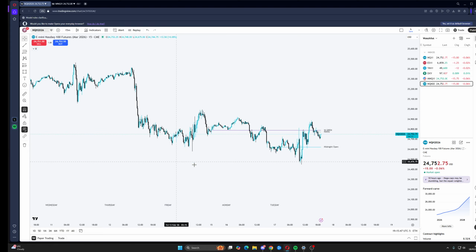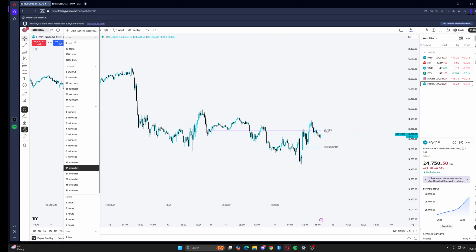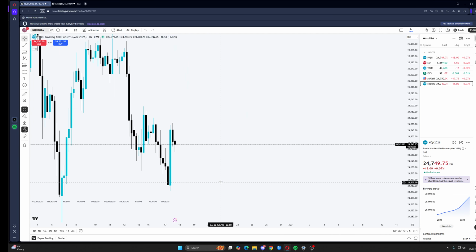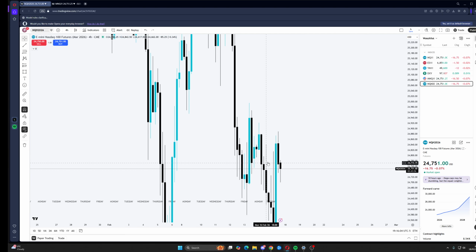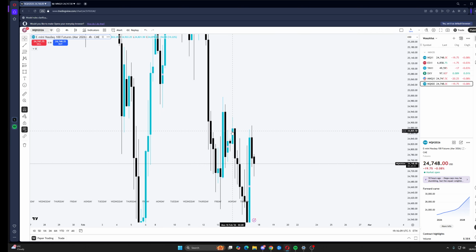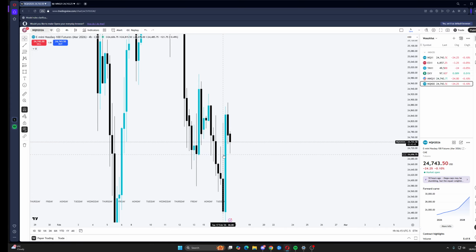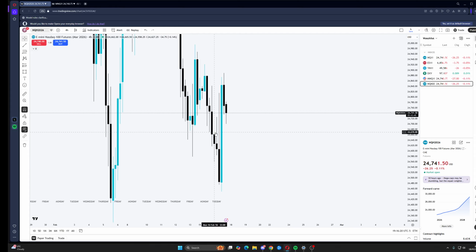Okay, so let me put the drawings back and let me just explain. If we're going to seek or go up to this new weekly opening gap or any PD array in there, one more thing is I want to look for price respecting something up there, and I have a mini gap here on the 4 hour with an order block that I don't want to see the mean threshold of it being traded to. Okay, so I'm looking at all of this, right? And I'm analyzing the fact that we have to go up, but we have a time limit. We have to come down before 10, right? So just keep that in mind.